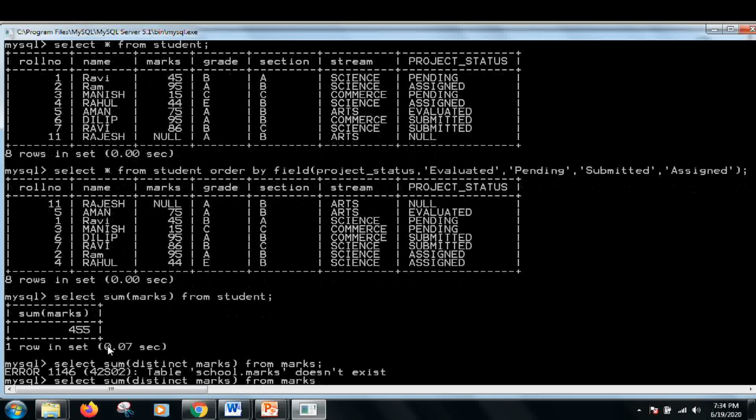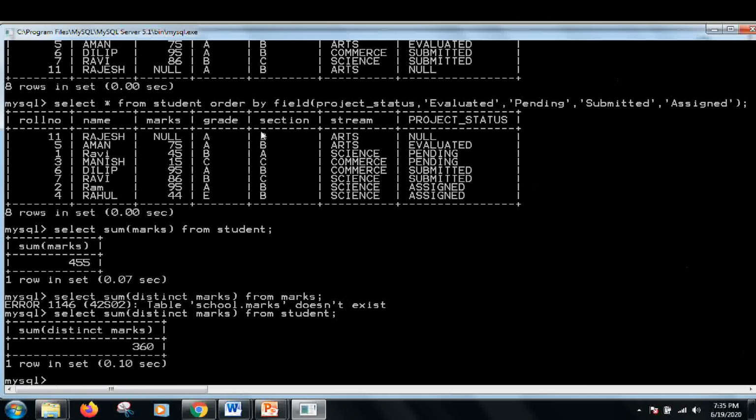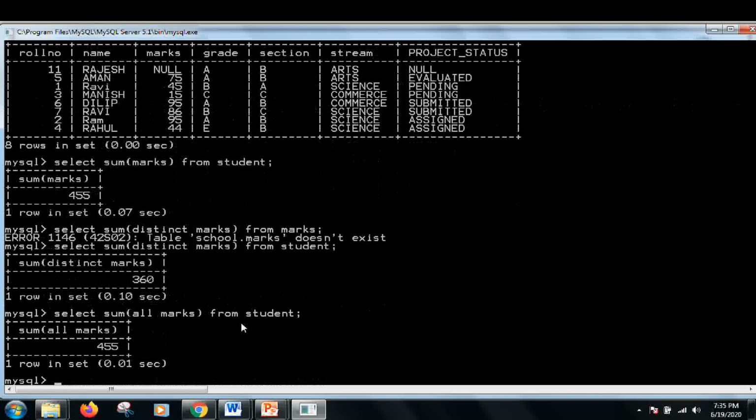Because 95 is coming twice, it will stop the repeated marks from being added. If you write all, then it will work as it was doing earlier, adding all the marks.